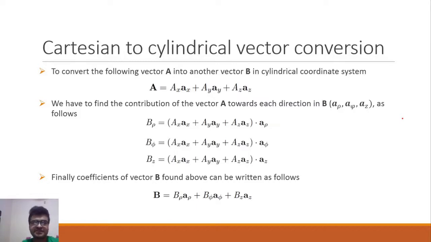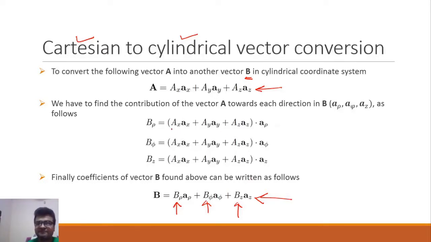So let us consider a scenario where we have to convert a vector which is given in the Cartesian coordinate system into the cylindrical coordinate system. This vector A, as you can see, is given in the rectangular coordinate system, that is Cartesian, and we want to convert it into B, which should finally be in the cylindrical coordinate system. So the simplest way to do it is to find the coefficients b rho, b phi and bz, which are the coefficients of the final result, and the way to do it is